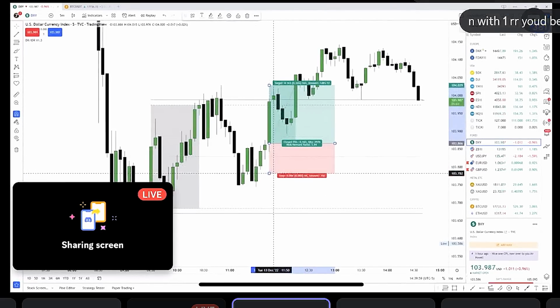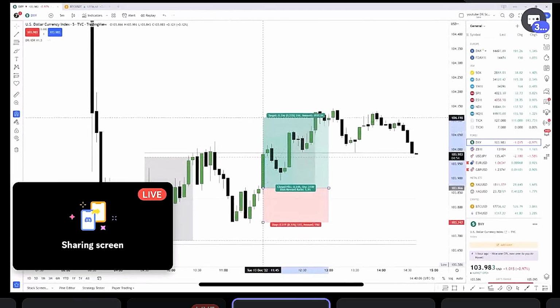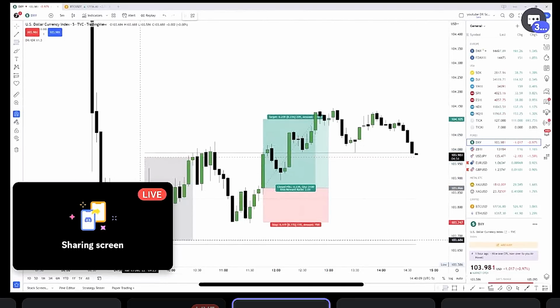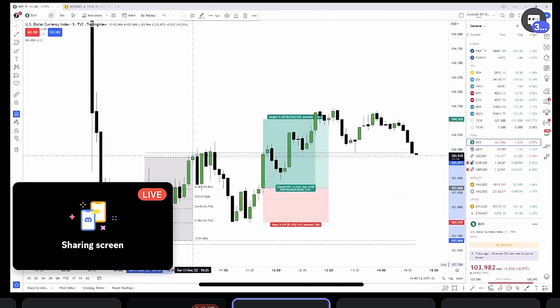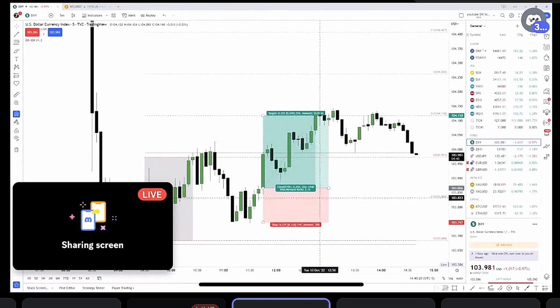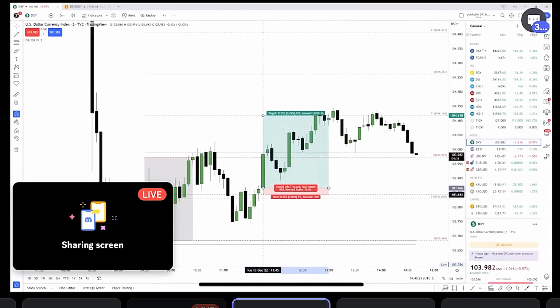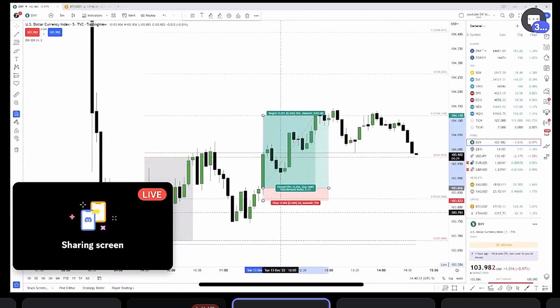If you take the other stop, it's like that. Where's the 0.5? I don't have the right version here, but 0.5 is exactly here. So that would be 2.2 or 2R. So that's also, there are so many opportunities that you can take. You don't have to take the crazy ones, but I'm trying to give you the logic why I would place a stop below here or somewhere here.